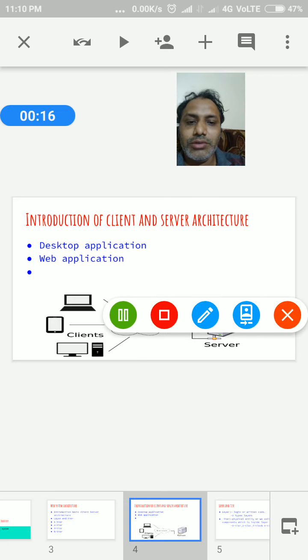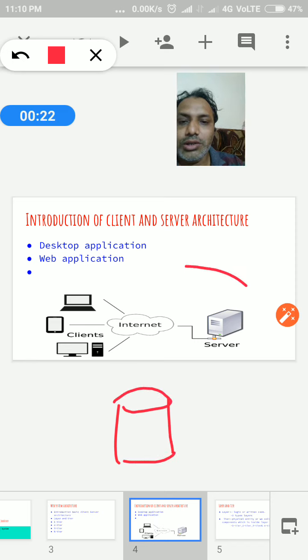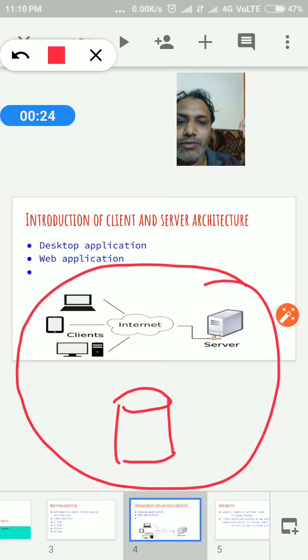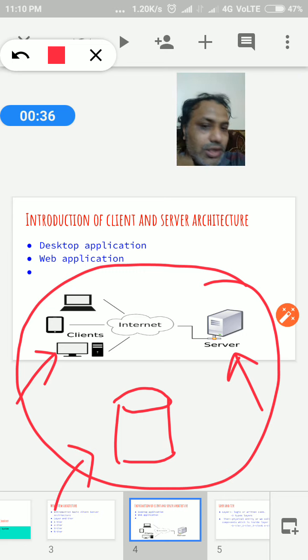We draw the one layer here, that is the database layer, and all the three layers are in a single component, which we call one tier. So this is your presentation, this is your application, and this is your database. These are the three layers in a single tier, or one tier.